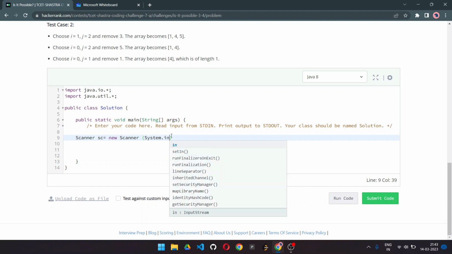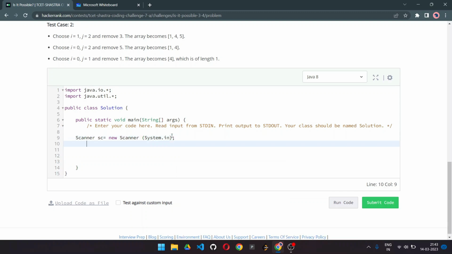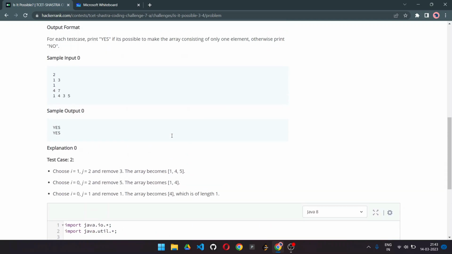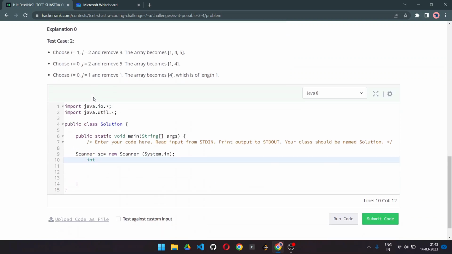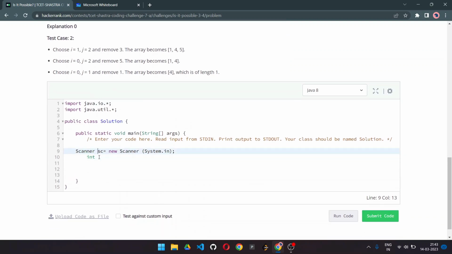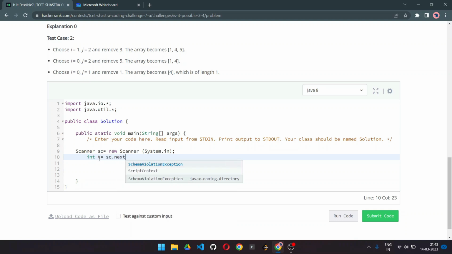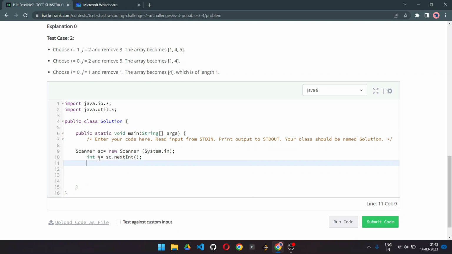System.in. Okay, and in the first line we have t, the number of test cases. So int t is equal to sc.nextInt representing the number of test cases, and we are going to have a loop iterating over each test case, i plus plus.